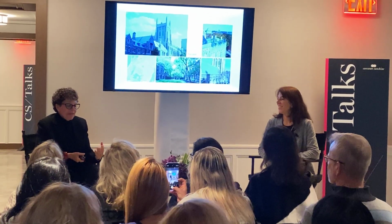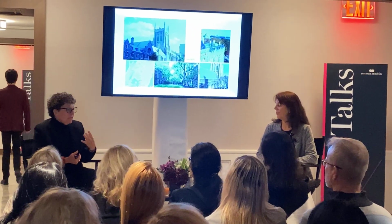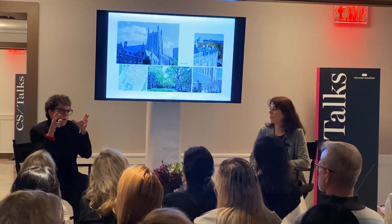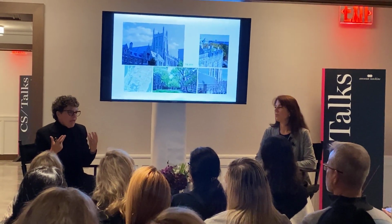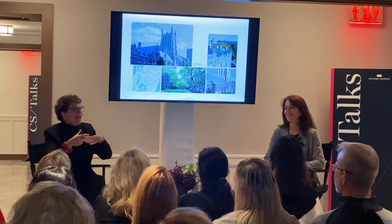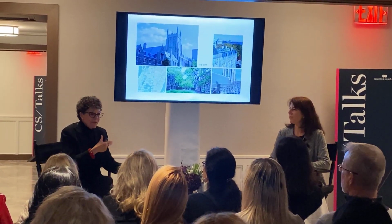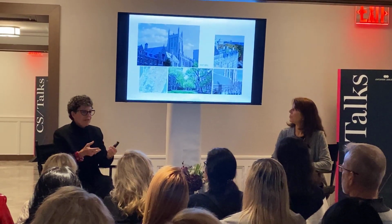But the Union Theological Seminary is one of New York and Manhattan's great landmarks, and this building is so extraordinary. I'm not here to sell, but I'm just telling you our experience of the building as architects and interior designers is that you are within the cloister of the Union Theological Seminary. I just kept thinking, can you imagine coming home from work after one of these horrible days you've had, or one of these great days, and you walk in and you have this quad and you're transformed to the most beautiful university campus, that really emulates British campuses and Harvard and all of that, and that you come off the city street